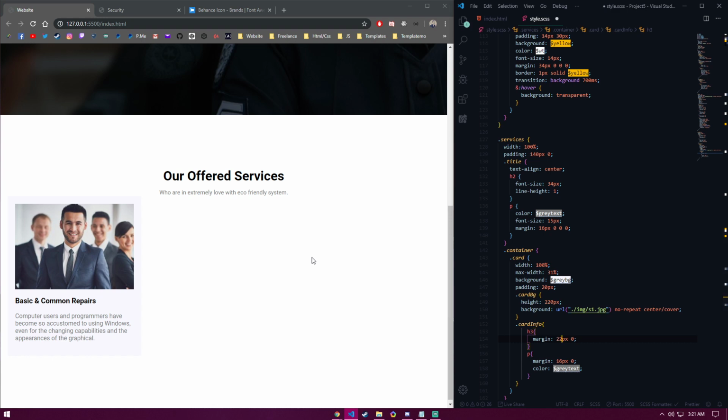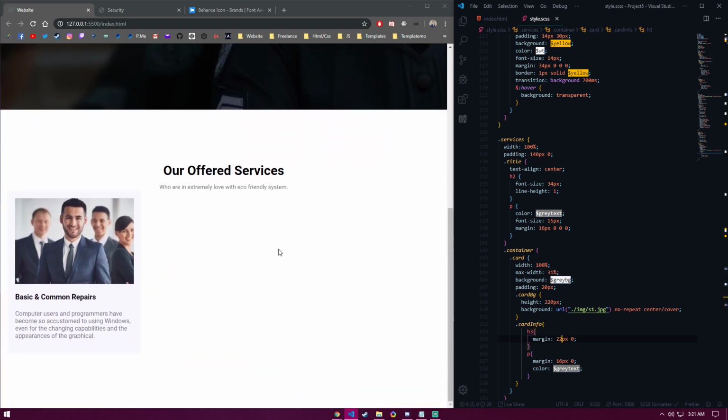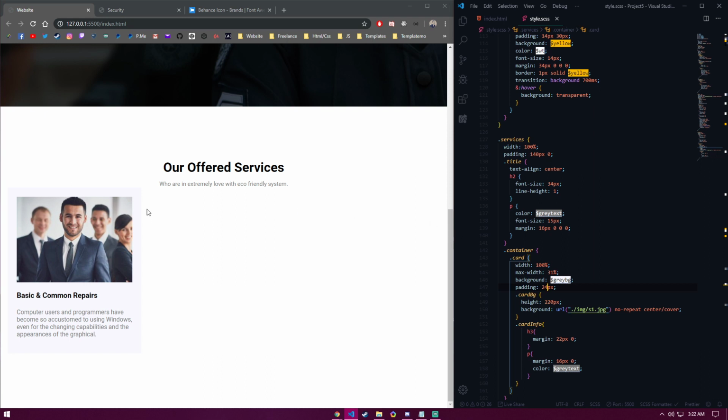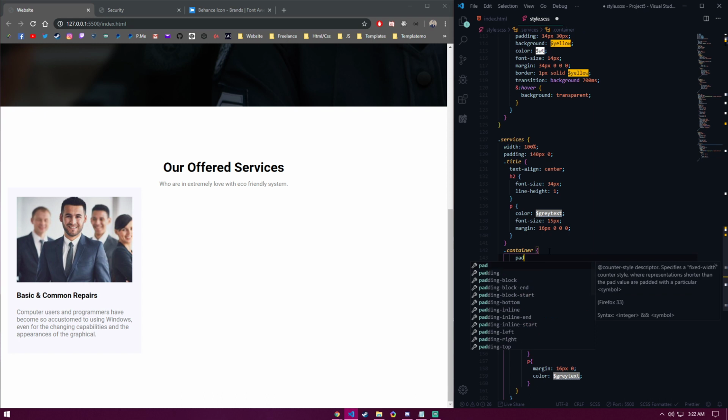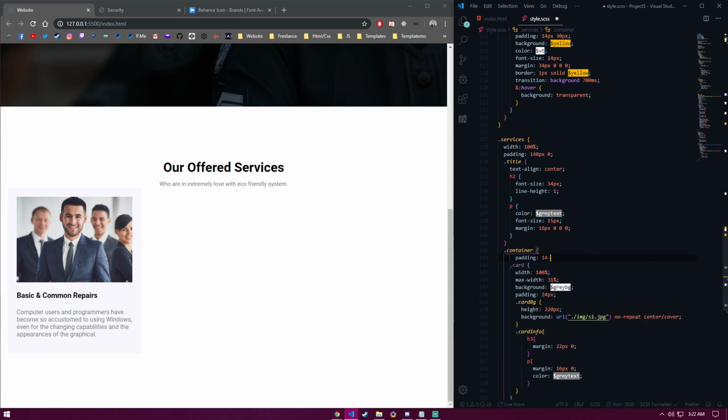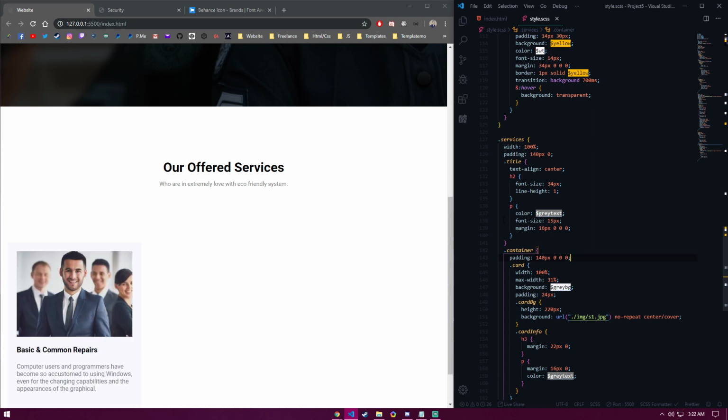More margin type 20. Something like that. And let's add a bit more padding to the card. So let's do it 24. Nice. And then our container is gonna have some padding top. Maybe a bit less,